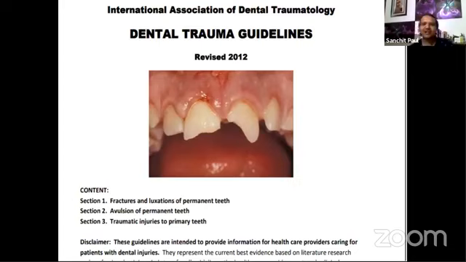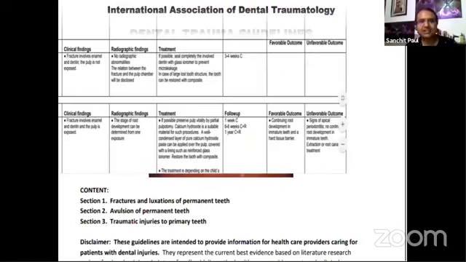Generally, a pediatric dental trauma comes with a lot of baggage, where the child is in distress, everybody is howling, the parents are shocked, they don't know what to do, and there's usually chaos. What we would still suggest is to always have dental trauma guidelines available with you. These are from the International Association of Dental Traumatology. The 2020 guidelines have recently been published and are available on the internet. Always keep these guidelines handy with you.